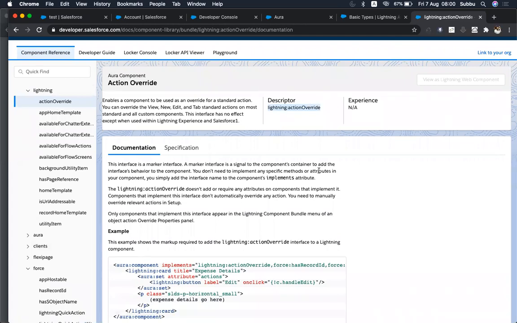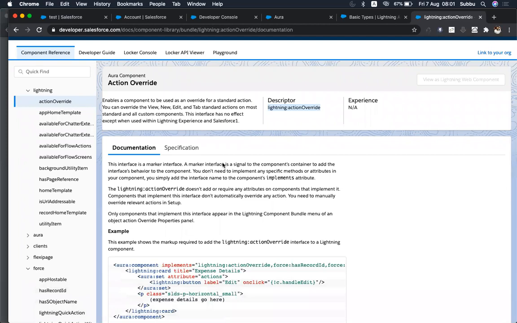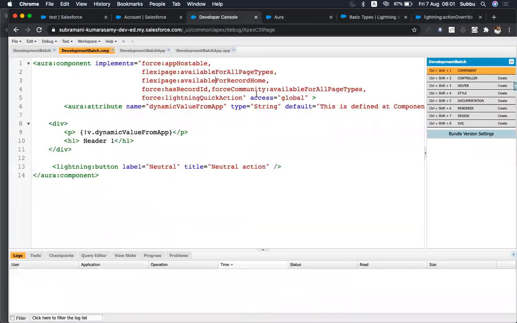One minute. I'm just copying this interface and just adding it here.